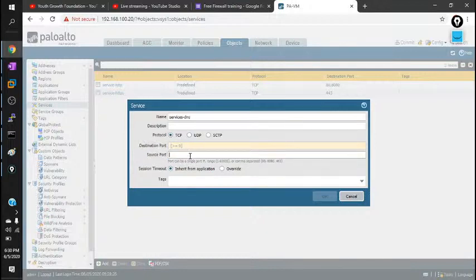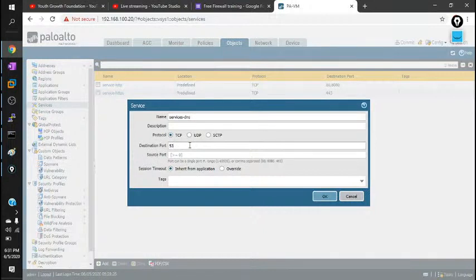This one is not mandatory. It doesn't matter whether you are sending the request from port number 100, 200, or 5000. But if you are sending a request to DNS, that request should be on port number 53. If you are sending a request over HTTP, it should be on port number 80, and for HTTPS, it should be on 443.